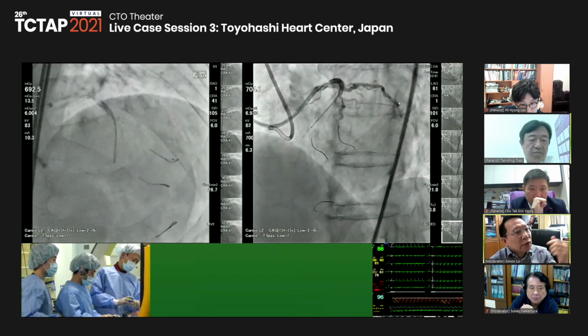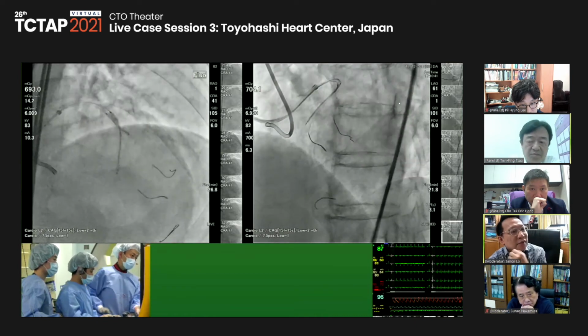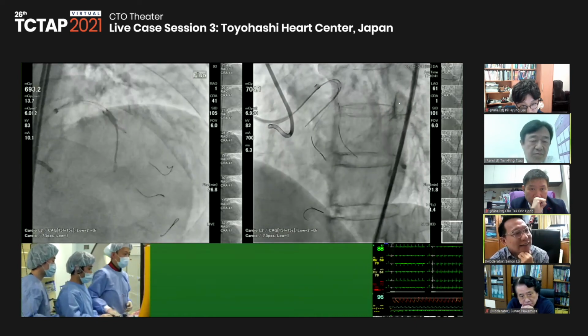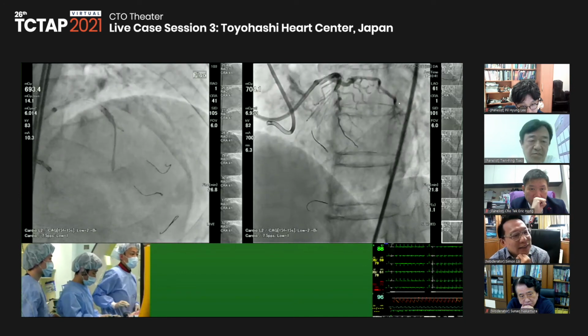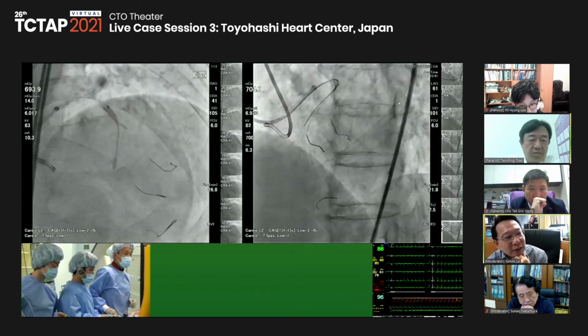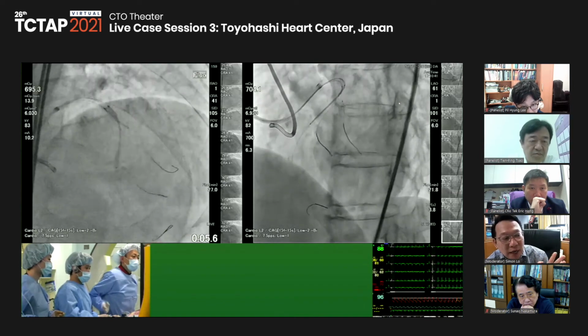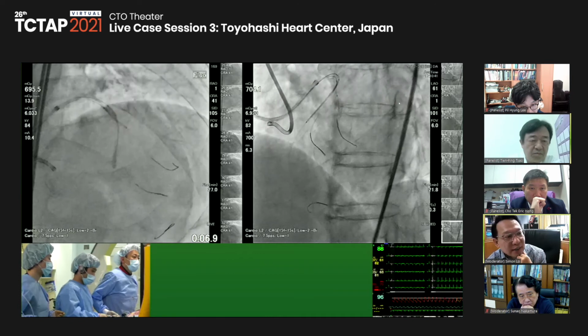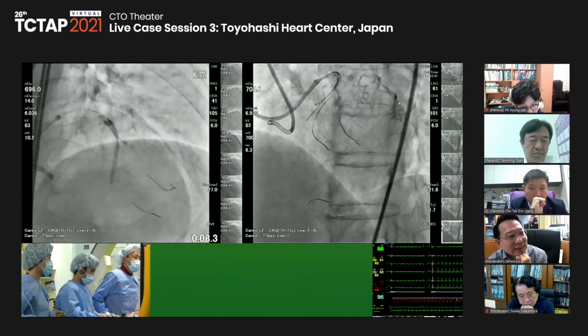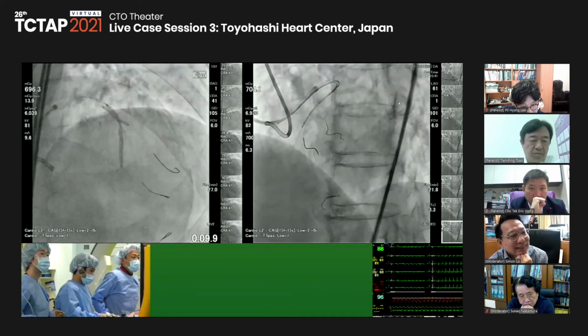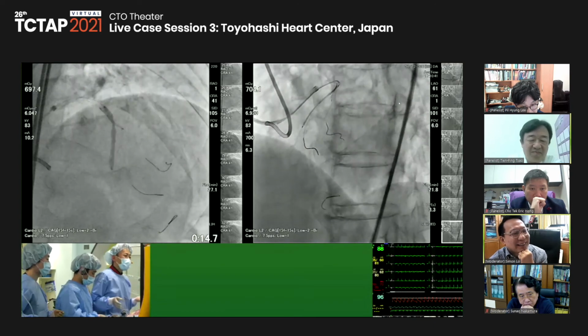Dr. Nasu, yes. When you do this technique, your side branch balloon, the proximal end of the balloon should be more proximal than the stent balloon. Is that right? The side branch balloon where you park to protect the diagonal, the proximal dot marker should be more proximally situated than the stent. Is that correct? Yeah, I think it's okay.